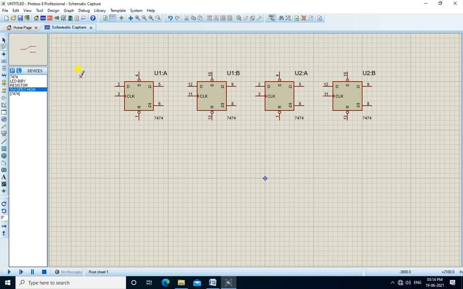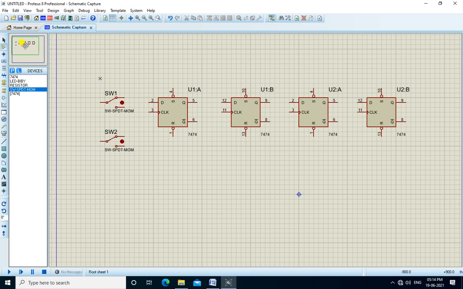We place the switches. This is for input D and this is for clock. Then we connect the resistors. We need the resistors and LEDs to show the output.